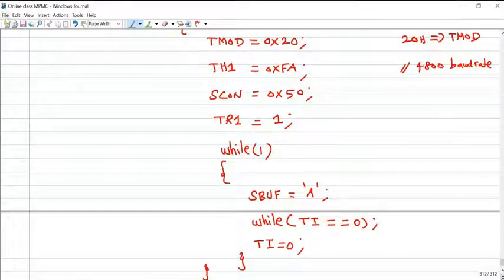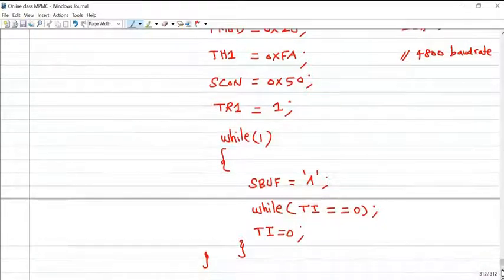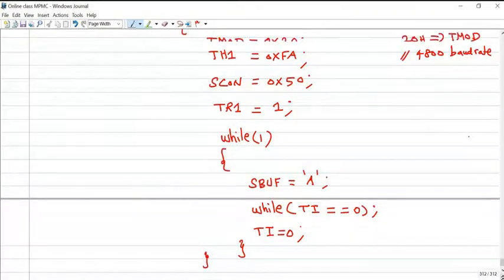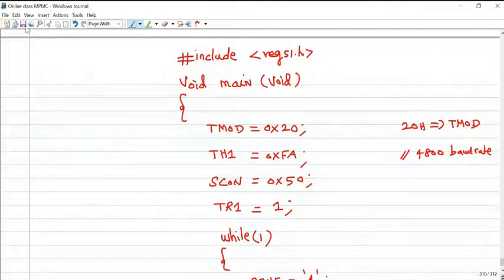So this is a simple C program to transmit the letter capital A at the baud rate of 4800 in mode 1 serial port communication. Okay. Very simple program only.